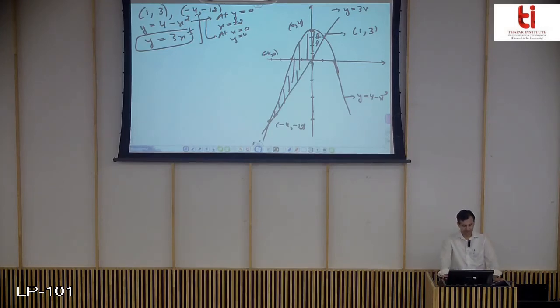Now this region is in the xy plane, and we have to find the volume above this region enclosed by this parabola and straight line, and above it is bounded by the plane. The plane is z equals x plus 4. That is your f(x,y), the surface, the plane. Here it is x plus 4. So clearly, what is the plane?